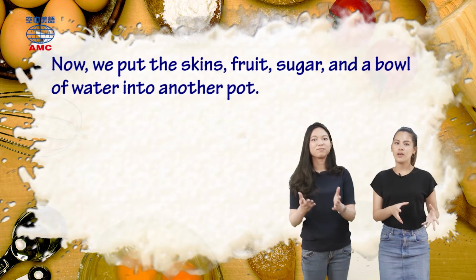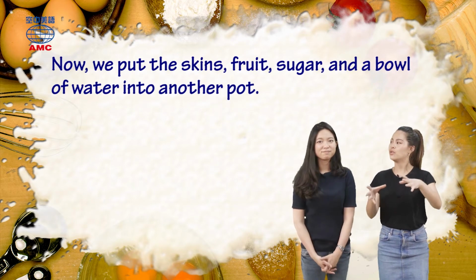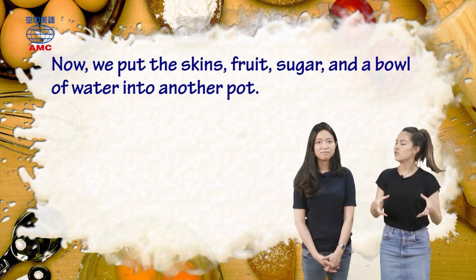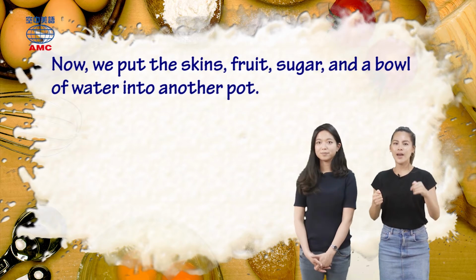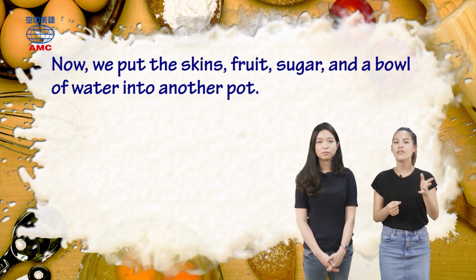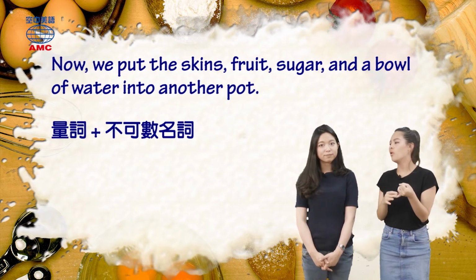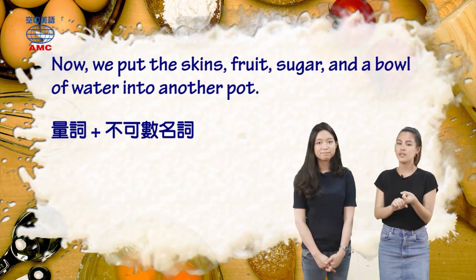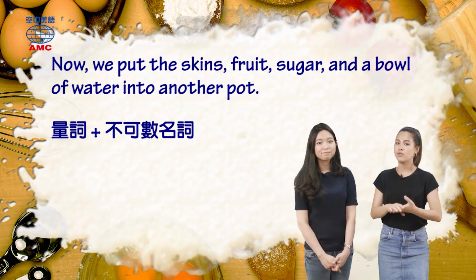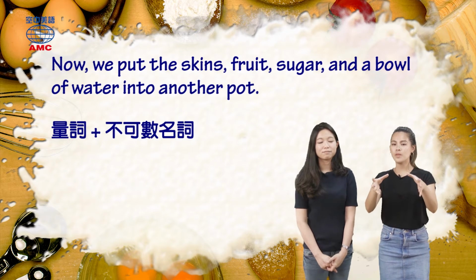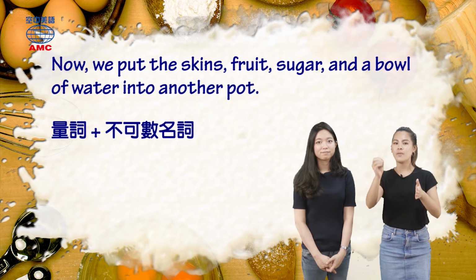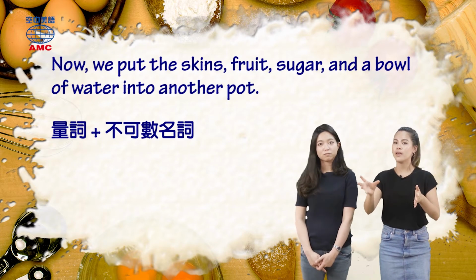Another pot. Okay, so now we have to put these things into another pot. And I think this pot is just for our tea. So how do we count non-count nouns? We usually add something in the front, such as a bowl of, or a plate of, a slice of, a cup of, a glass of, or 2 bowls of. We put something in the front to count it, and that means that the non-count noun at the end doesn't